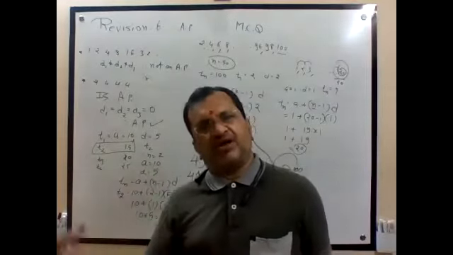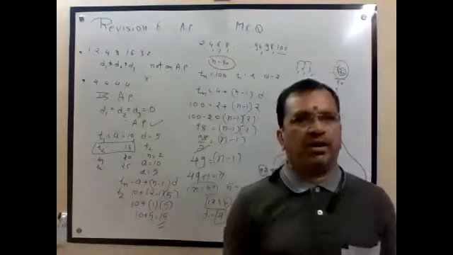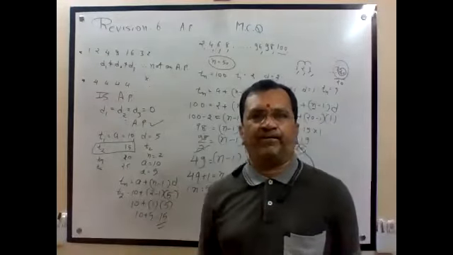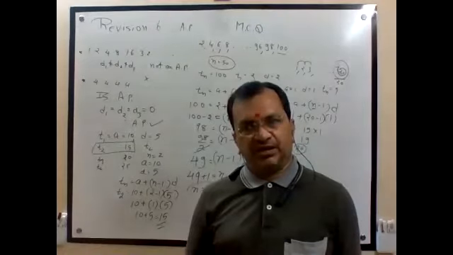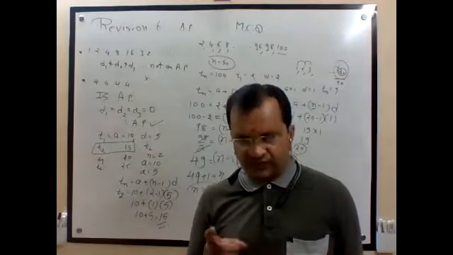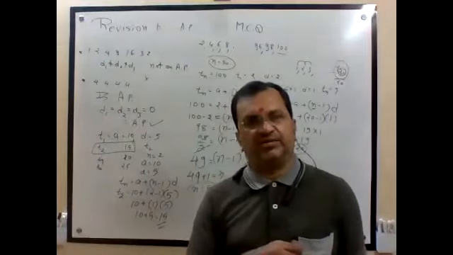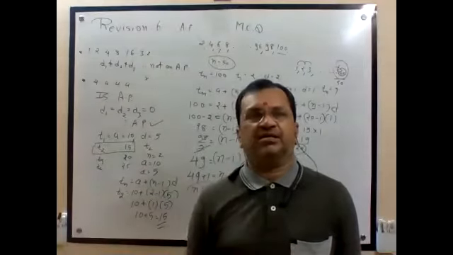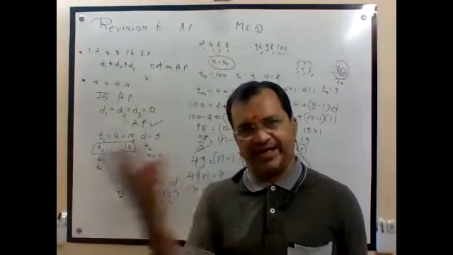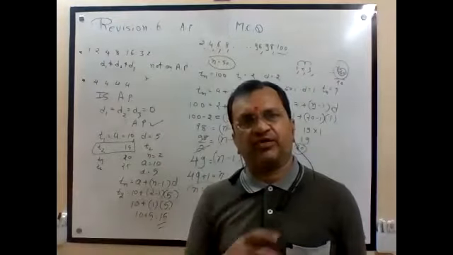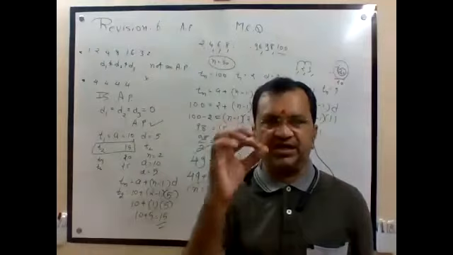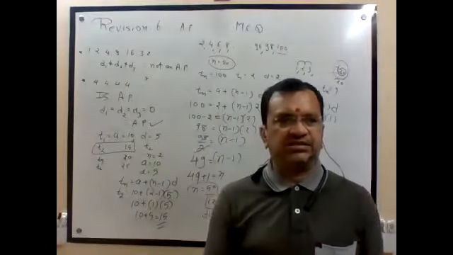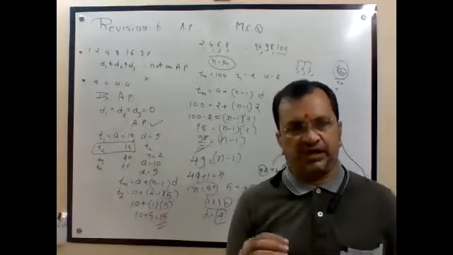Sometimes you have to apply your logic. Always no need to go for a formula. After every 3 digits, the fourth is divisible by 4. So out of 4, 1 part. Next out of 4, 1. Next out of 4, 1. So out of 100, 1/4, 25 numbers are divisible by 4.